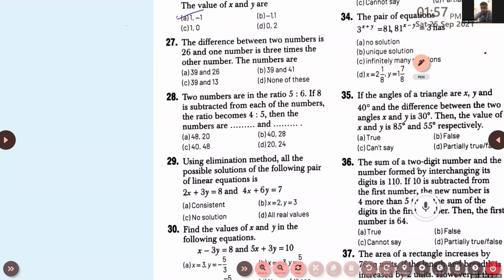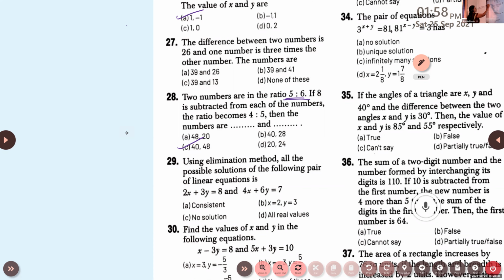C. See, have you got the answer? I'm just guessing. Okay. So when you guess, you have to guess correctly. Here the ratio of the numbers is given as 5:6. You check among these numbers which is in that ratio. Is it in the form 5:6? 40 and 48 means, what is the ratio? If you cancel this, 8 5s are 40, 8 6s are 48. Otherwise, you have to write the steps and solve it. If you are not able to do it by mind calculation, you do it fully.